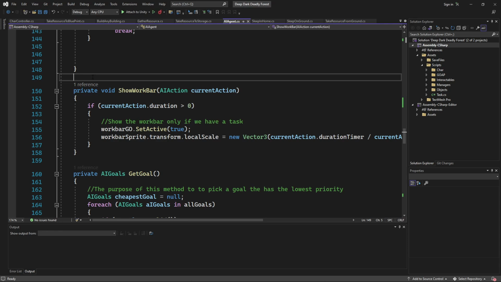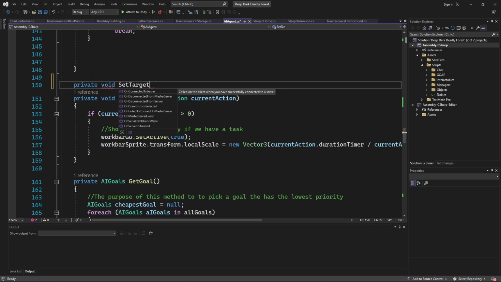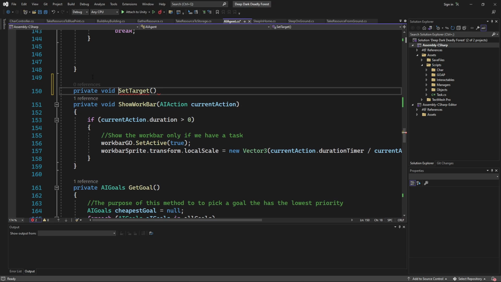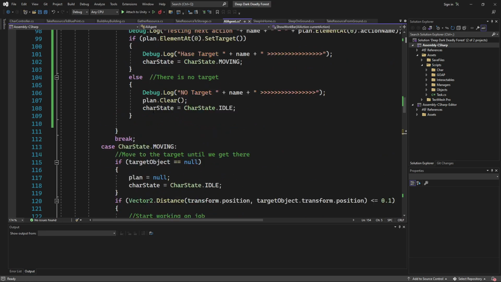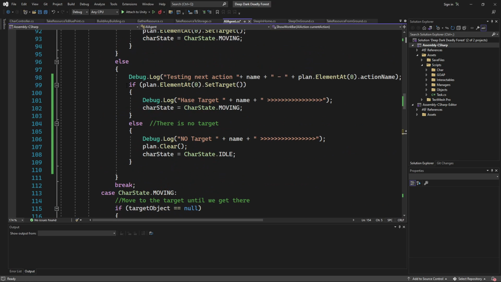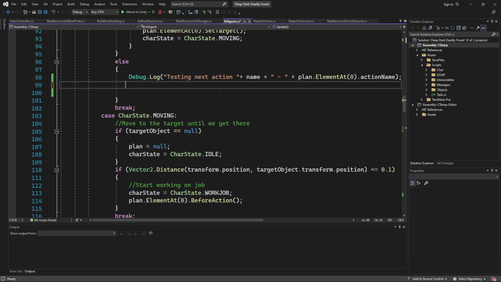Let's do a private void set target. And actually, this is going to be a bool. No. Let's do this. Let's take this, Control X, and we're going to say set target.